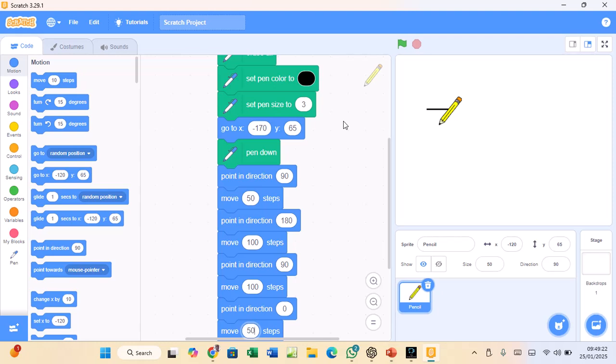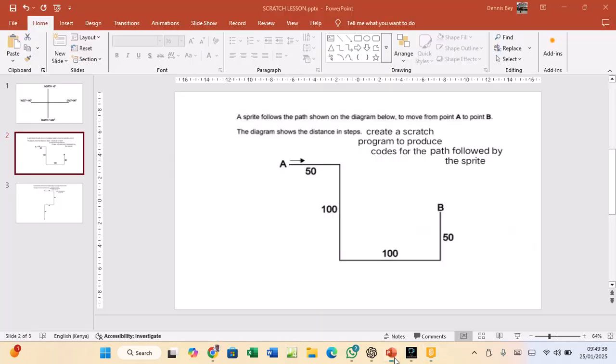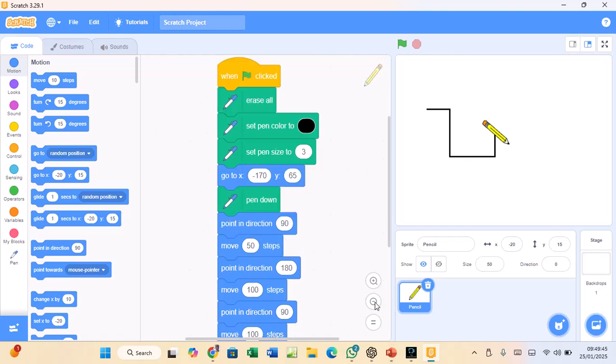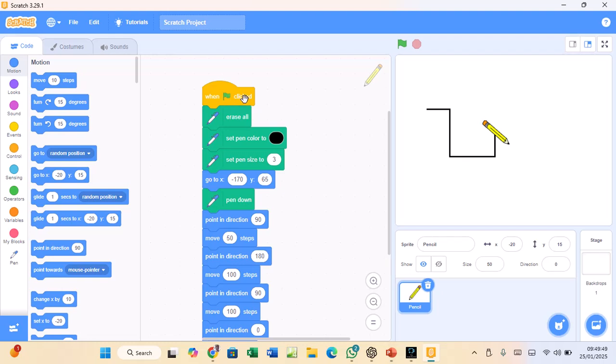Sorry for that. Let me see. I was just checking if my scripts are step by step. So if I click on the flag, because we said here we can click the flag, I've managed to draw what was supposed to be the movement. That is the movement. So if we look again, we just check this script. Let me reduce it a bit. If you look at the steps, when the flag is clicked, erase all, set pen color to black, set pen size to 3,